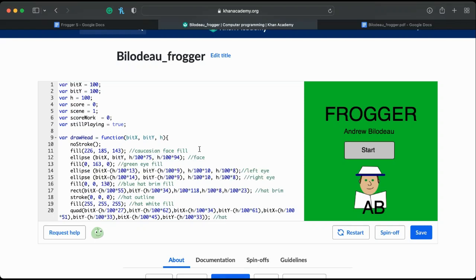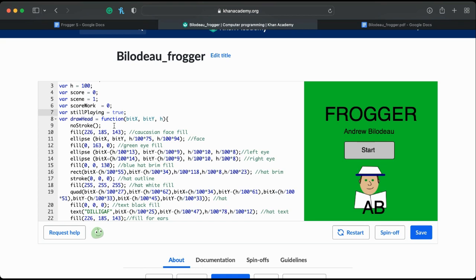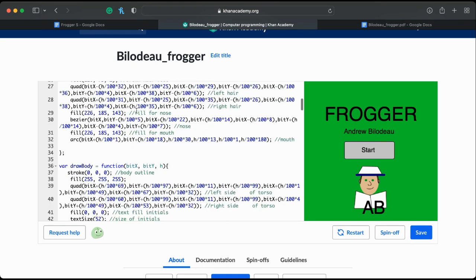Hi, this is my Frogger code. At the top, we have Bitmoji variables, variable score, variable scene, variable score work, and the variable still playing, which actually is not important. I got rid of that. Alright, anyways. So, Bitmoji,